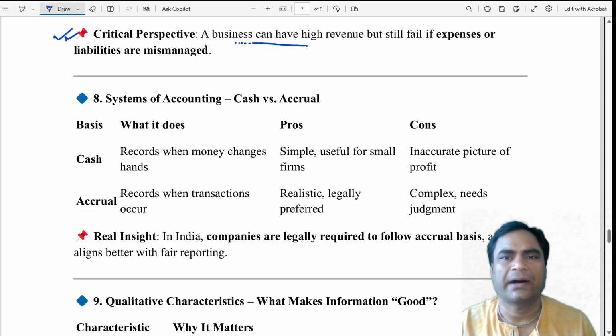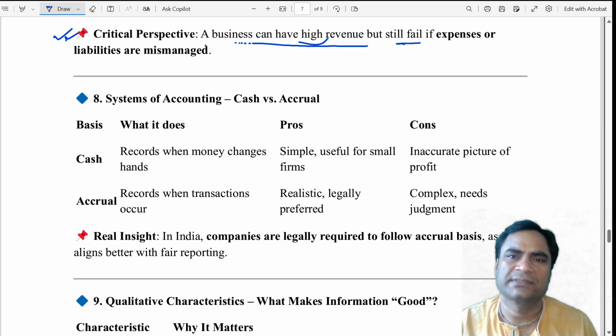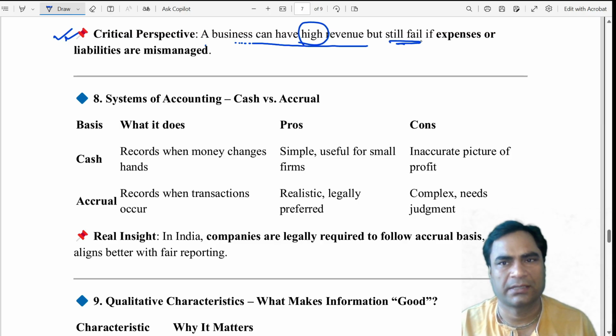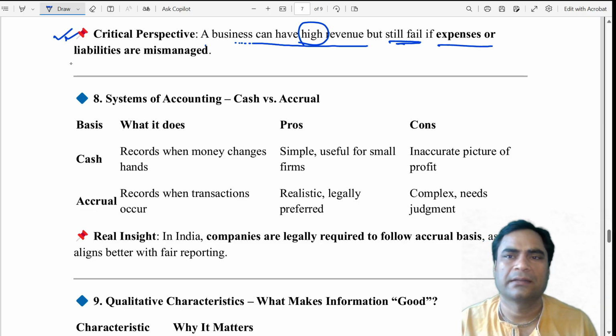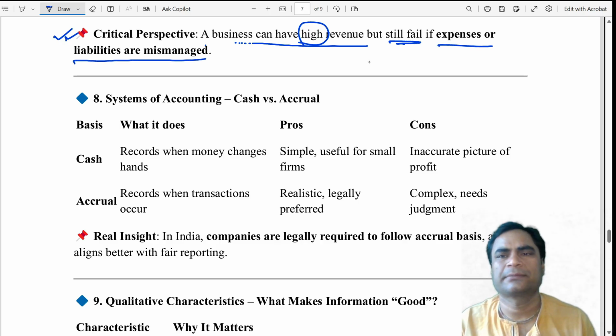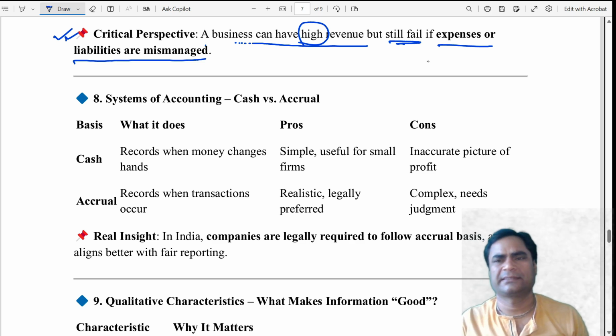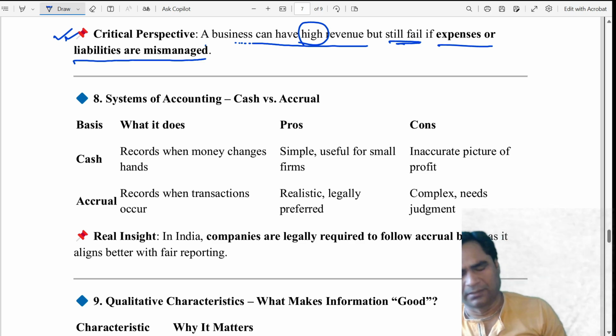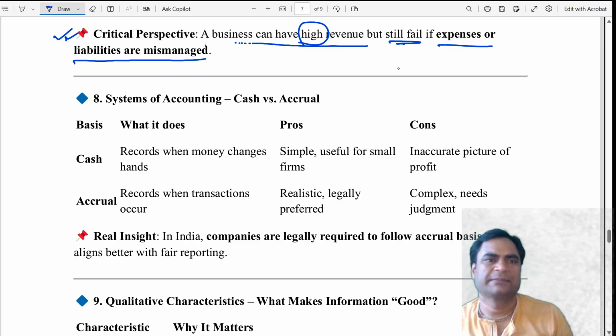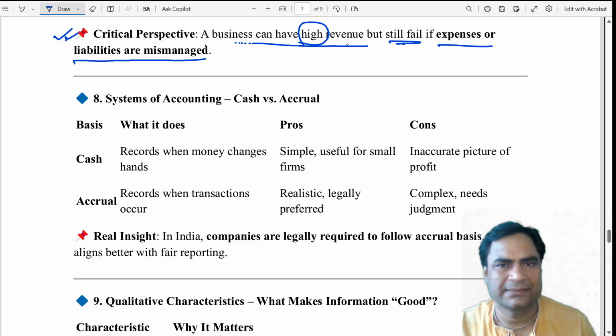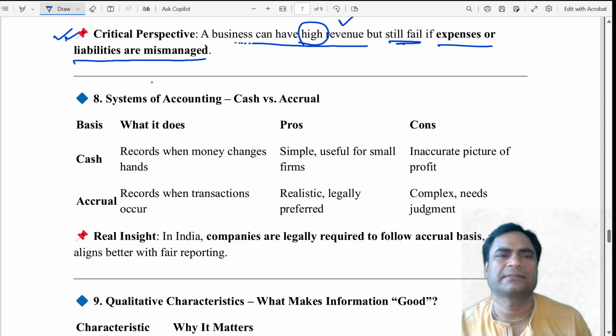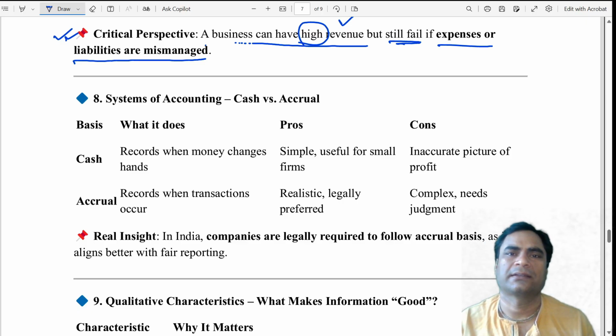A business can have high revenue but still fail. एक बिजनेस के पास जो रेवेन्यूज हैं वो बहुत ज़्यादा हो सकती हैं, लेकिन हो सकता है ये फिर भी फेल हो जाए इफ़ एक्सपेंसेस आर एंड लाइबिलिटीज़ आर मिसमैनेज्ड। अगर बिजनेस में एक्सपेंसेस बहुत मिसमैनेज किए जा रहे हों, यानी कंट्रोल्ड ना हो, अनकंट्रोल्ड हों, और लाइबिलिटीज़ भी अगर मिसमैनेज की जाएँ, तो अल्टीमेटली वो बिजनेस ज़्यादा रेवेन्यू कमा करके भी फेल हो सकता है। So the expenses and liabilities need to be controlled, and high revenue, yes, if it is, then ultimately the health of the business would be called as